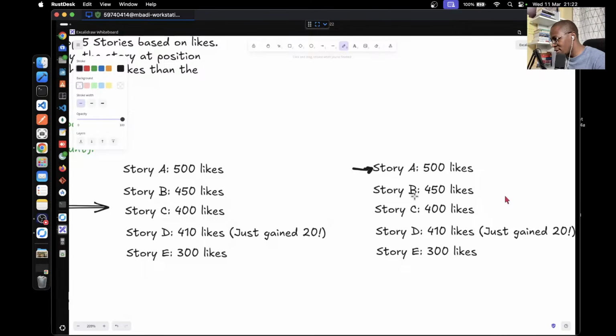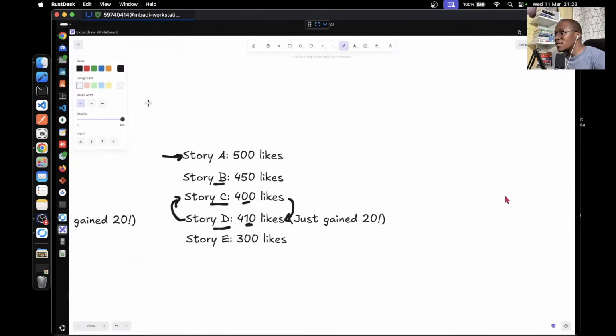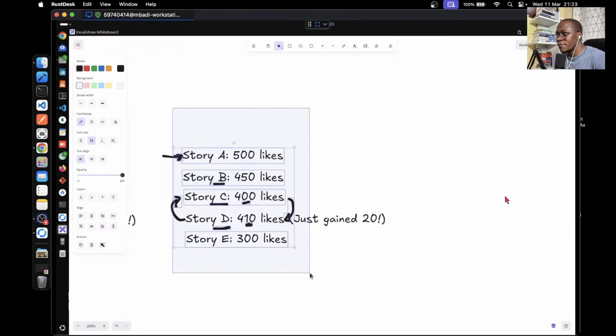Yes, do nothing, leave it as it is. It goes to the next one. Does story B have more likes than story C? Yes, leave it like that. It goes to the next one. Does story D have more likes than story C? Yes, so it swaps. This one goes here and this one goes there. So now our list will be something like this.